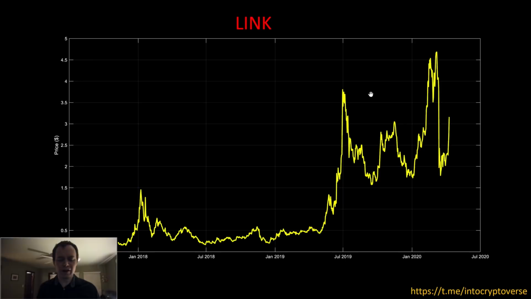Today we're going to be talking about Chainlink. We're going to be looking at the price on a linear scale, on a log scale. We're going to be looking at the return on investment over various time frames and comparing that as well with